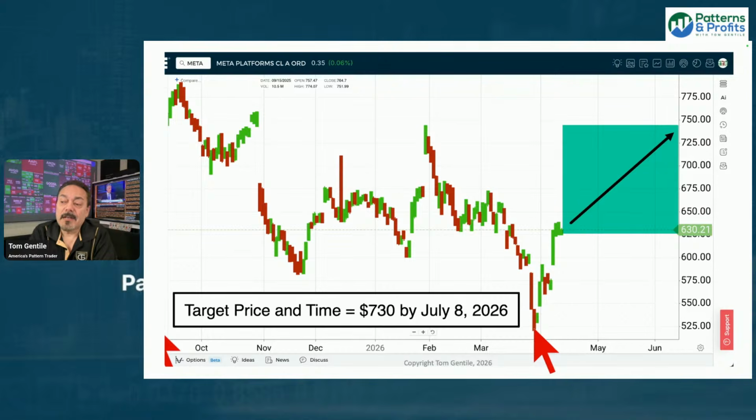Here's what the money calendar is telling us between now and going into July. We see target price, target time, $730. That 730 is the 15% of where we are right now. Add 15% on the price, and that pushes us up into that area of around 730-ish. I rounded that up between now and the time target that we see there. So there is the projection on Meta, and that's what I like to call spotting the opportunity.